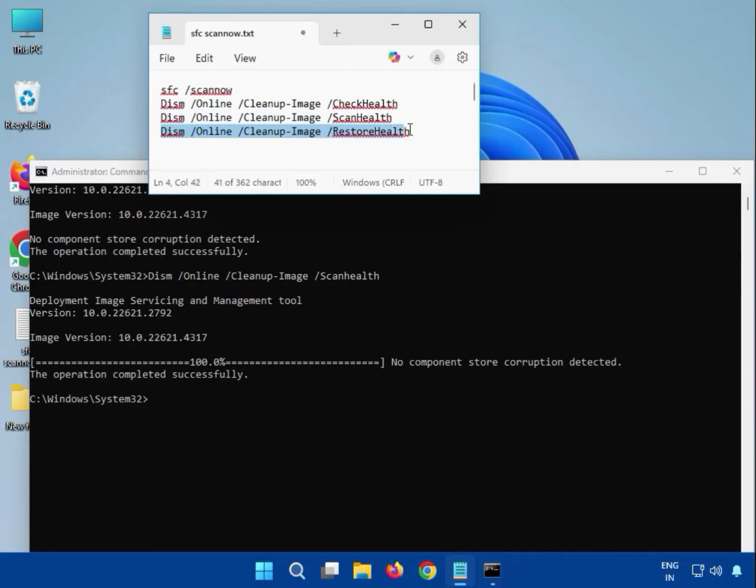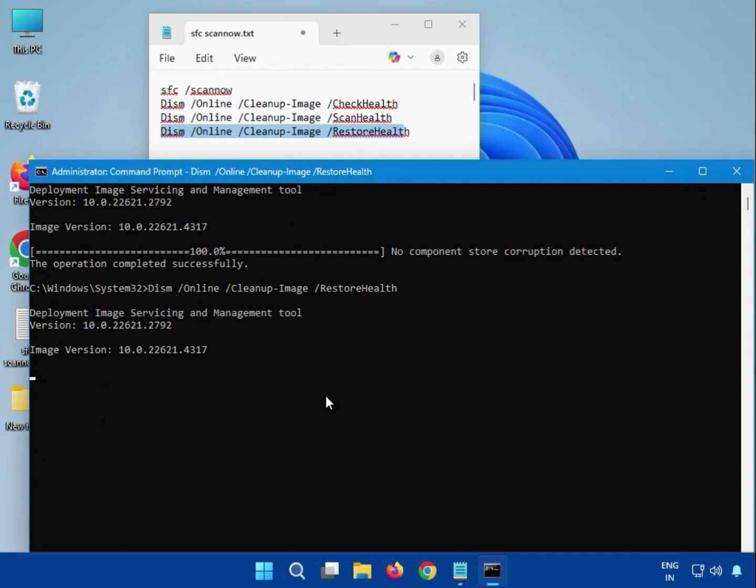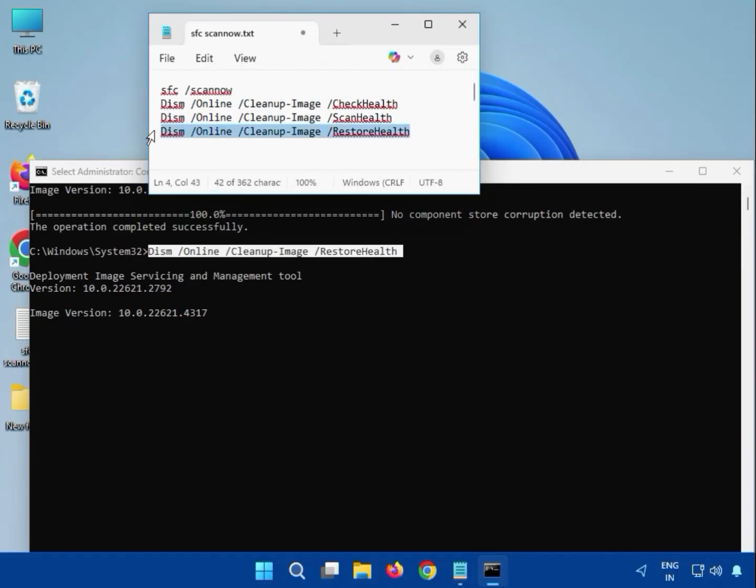Then guys, fourth one, which is restore health, you can see here we can enter like DISM and all, and please note small and capital. Okay, restore health, and then hit enter. Again guys, you have to wait. Okay, it will start the percentage, and it will complete. After that you can see here